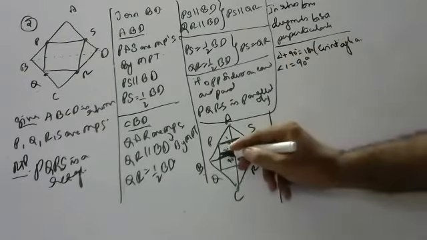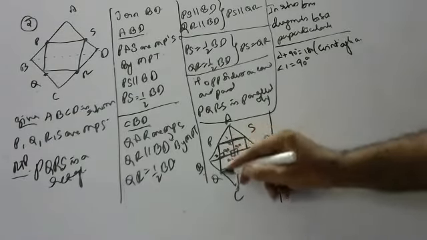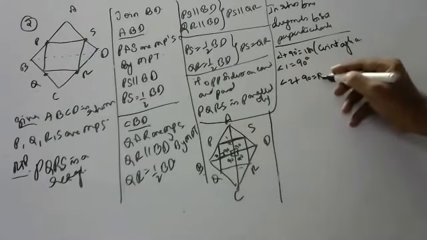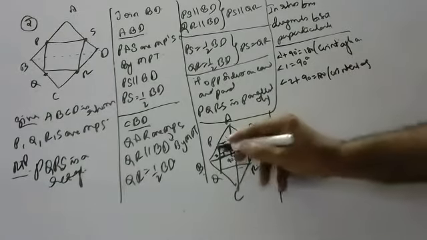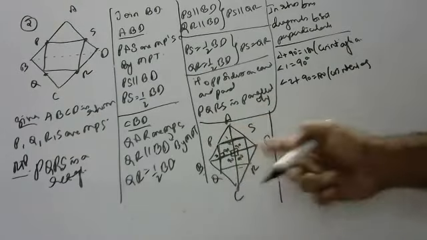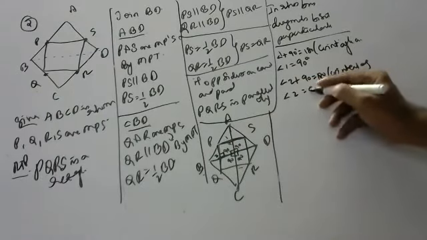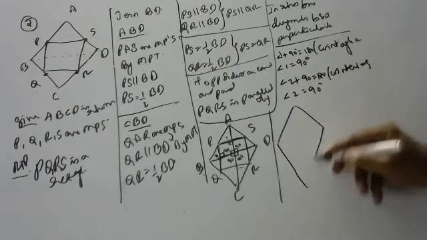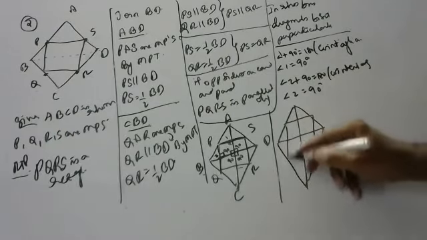In the same way, children, because this is a parallelogram, this and this are also parallel. Angle 2 plus 90 is also 180 because co-interior angles are supplementary, since this and this are parallel. How? Because it is a parallelogram. So angle 2 is also 90 degrees. Try to understand. Last time I'm drawing a figure, children, because if I use the same figure you won't understand. That's why I'm drawing the figure this many times for you.